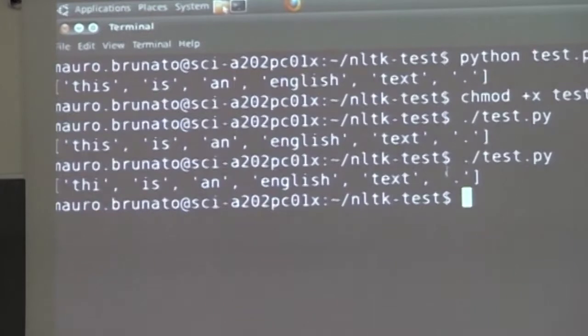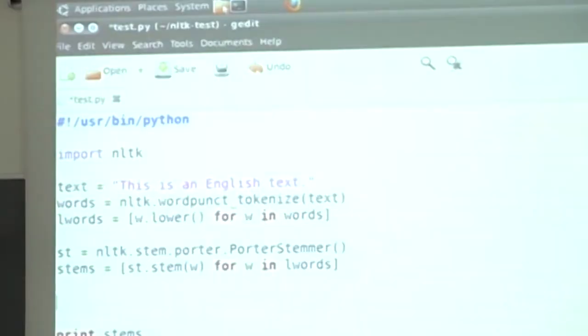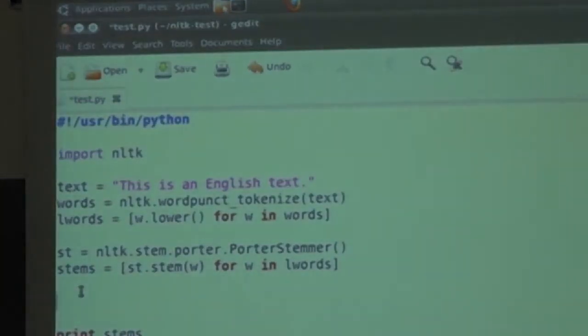Say, for example, we are not interested in this dot here, this point. So we can remove it,